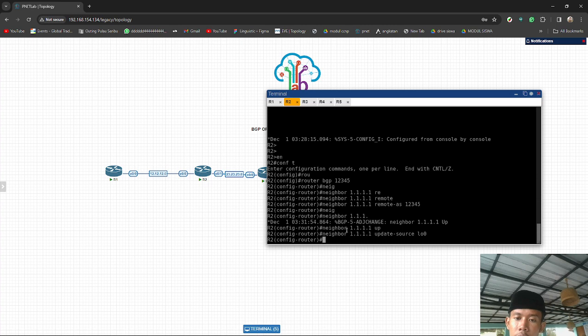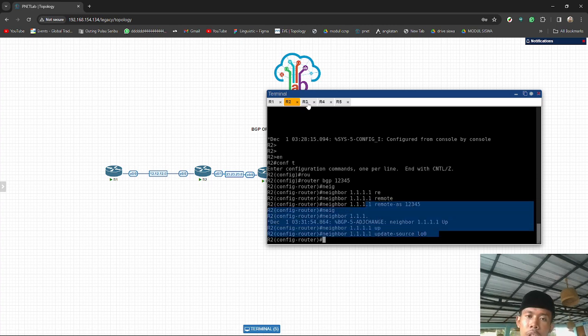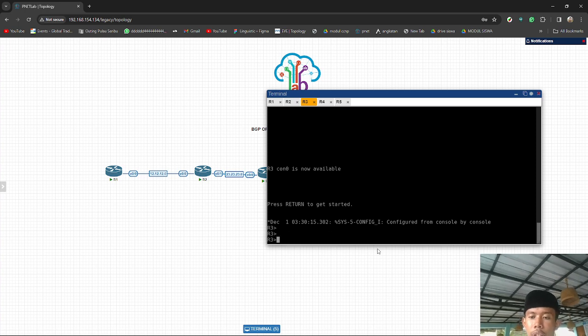After remote AS and update source, we will change to router 3 with the same configuration.